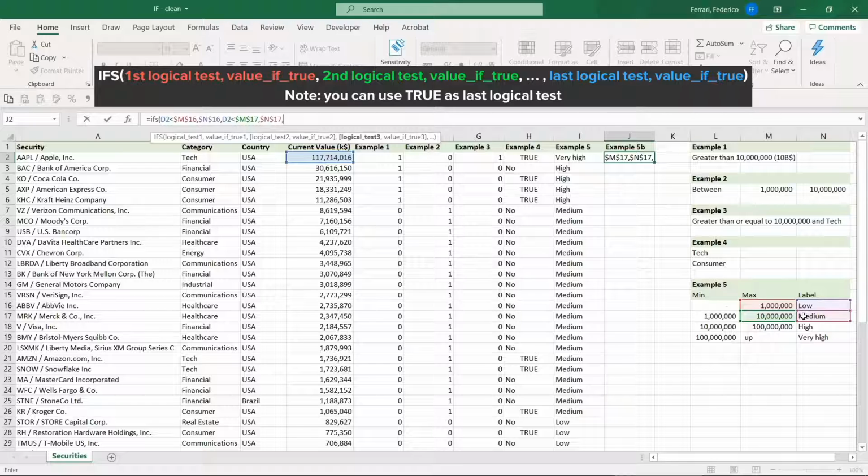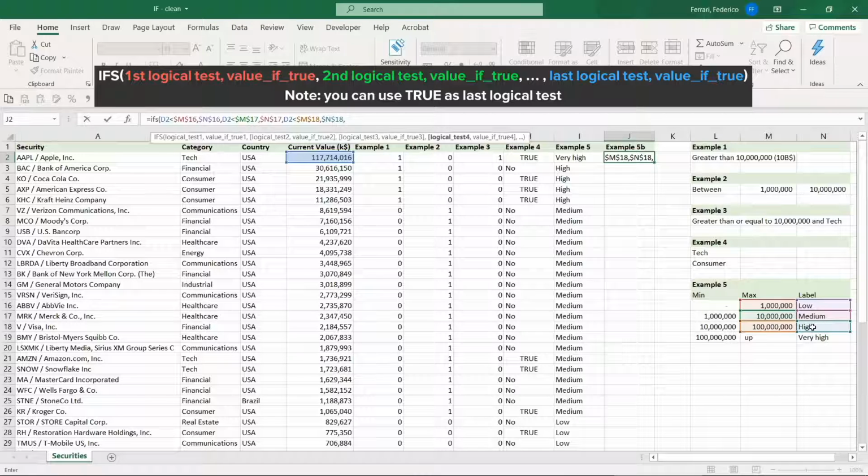You see why it's easier? Because you don't have to repeat if all the times within the formula. So 117 millions, D2, lower than 100 millions, F4, comma, value if true, we want to display high, F4, comma,